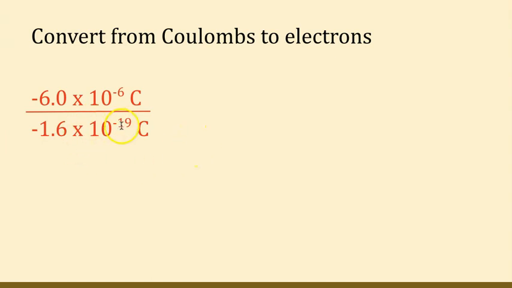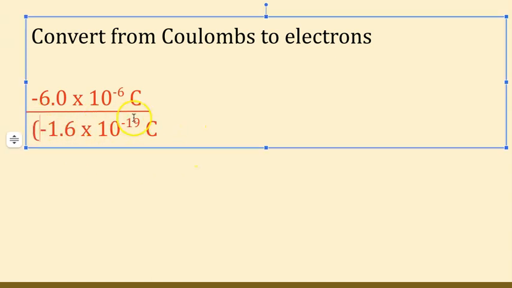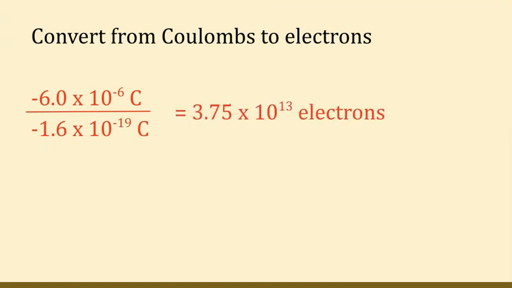When you put this into your calculator, make sure you do put parentheses around this number in the bottom, because if you don't, you're going to get the wrong exponent. In a multiple choice question, that's not the end of the world usually, but on an open-ended question, it will matter, and you wouldn't get the points if you have the wrong exponent. Alright, so when you plug this into your calculator, you should get 3.75 times 10 to the 13,